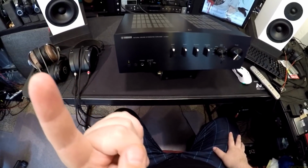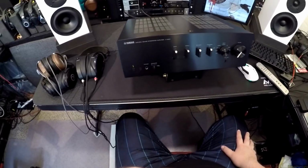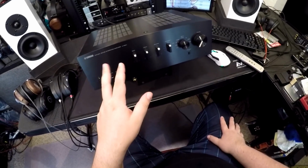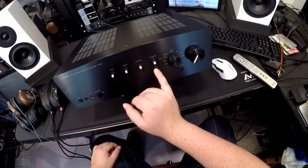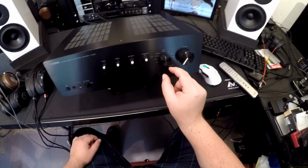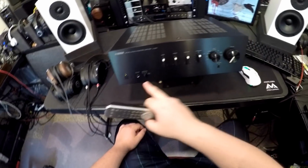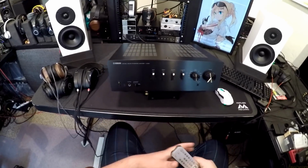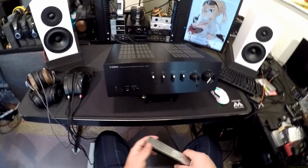So, what is the 301 feature? It has A and B speaker outs, which the Onkyo only had one set. This has two, which you can select with this switch. We've got bass, treble, balance, loudness knob, which we're going to get to. Your input selector, which is digital, volume control, a remote control, and a headphone out. Very, very similar to the 9010, right? Okay, so where do we start? Because this has some shit that I'm like,